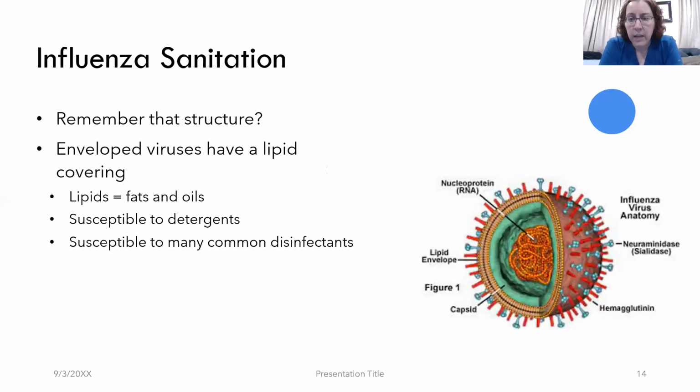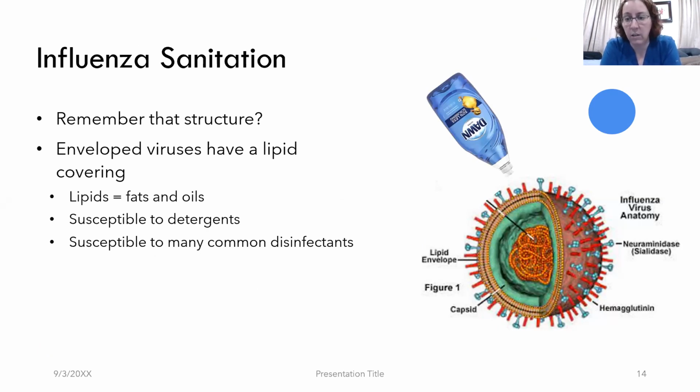So as far as how to sanitize for influenza, this is where that structure we talked about on the very first slide comes in handy. We had that lipid outer membrane, lipids, fats and oils. Fats and oils, how do we get rid of those? Detergent. So detergents actually do quite a bit to get rid of influenza viruses because they literally break up that